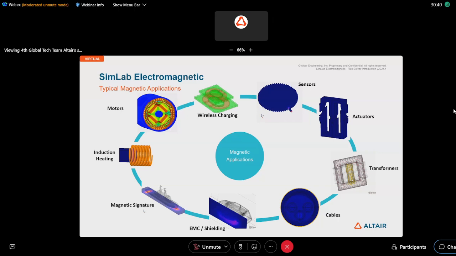Okay, Flux has similar domains. Is SimLab just a question? Also going to be